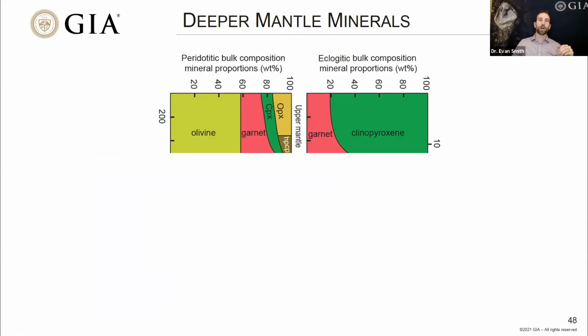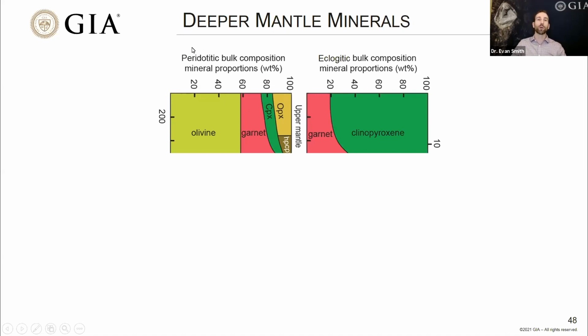Now, so far we've just been talking about diamonds from the lithosphere, from the cratonic keel, that thickest, oldest part of the continent where it's maybe 150 to 200 kilometers deep. But there are occasionally diamonds that come from deeper down in the earth, and we call those sublithospheric diamonds, or super deep diamonds. And what kinds of mineral inclusions do we see in those diamonds? Well, the story in a way extends from what we see in these shallower diamonds.